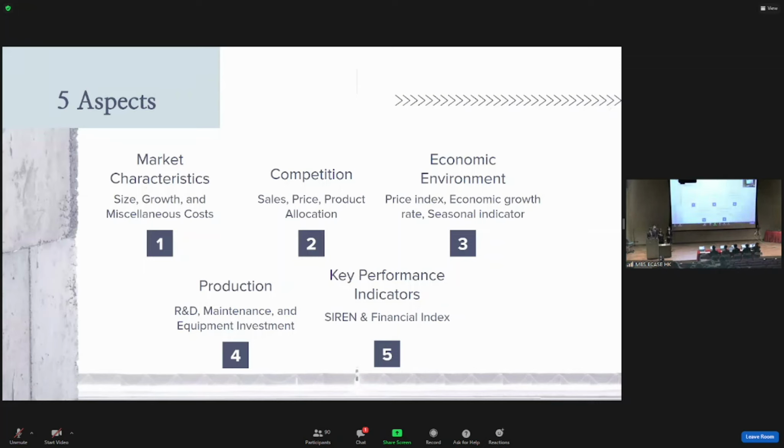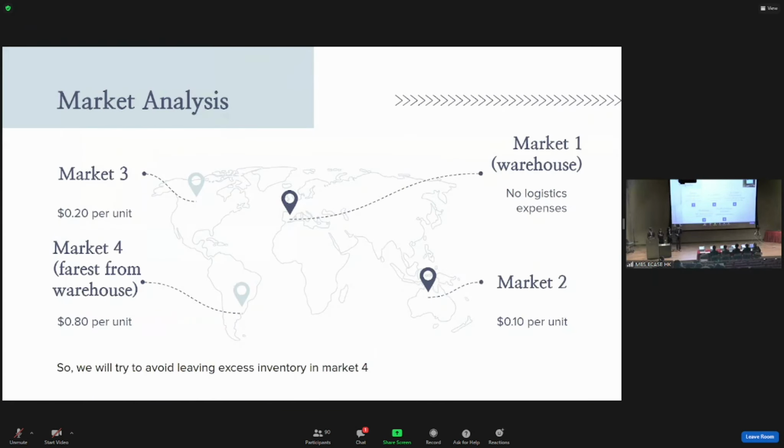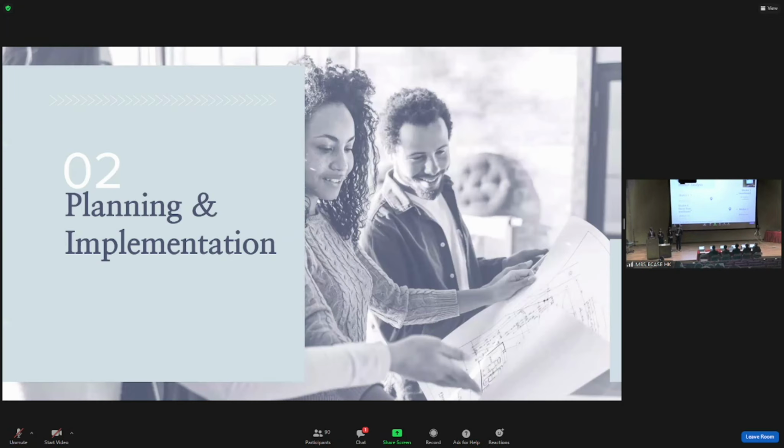Firstly, we consider 5 aspects when choosing a strategy, such as market characteristics, economic environment, and the overall market environment, to estimate the potential demand and carefully plan production. Estimating the production allocation is our main focus for today. We'll consider the production allocation according to factors like logistic costs, the market growth rates, and other effects. And we aim to occupy the most market share from the very beginning. Now I'll pass to Benjamin.